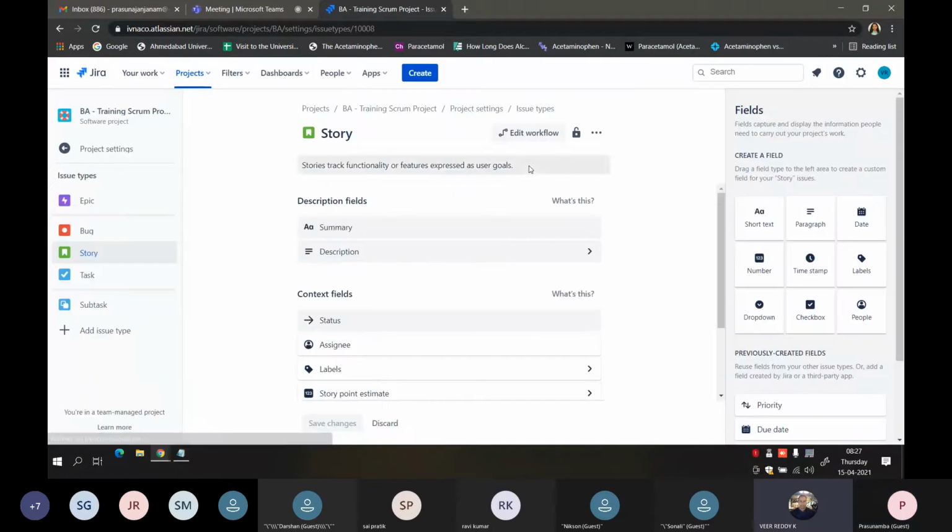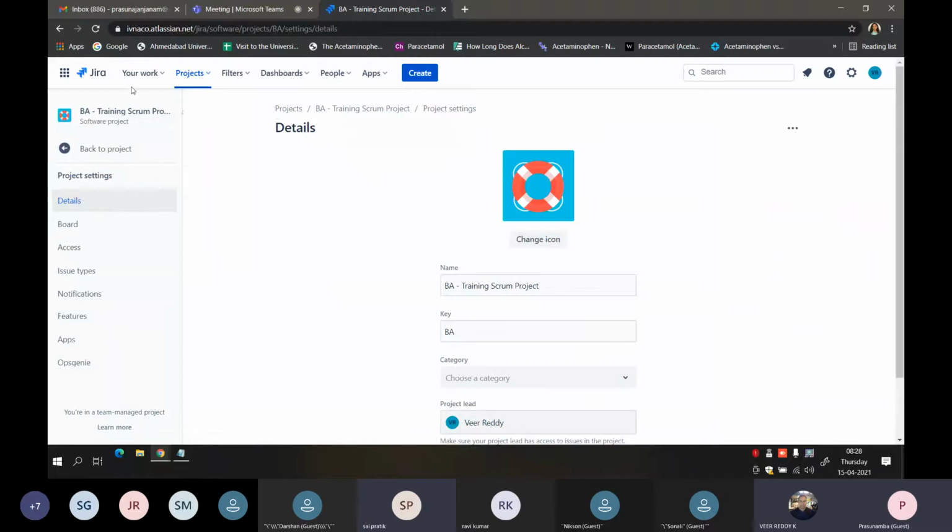If you want to create any new one, you have to send a mail to the admin people of the Jira, and they will create whatever status you want, and then give you the permission so that you can use it. Or else can we just provide a comment in the Jira? No, as I told you, the rights would not be given for everyone.